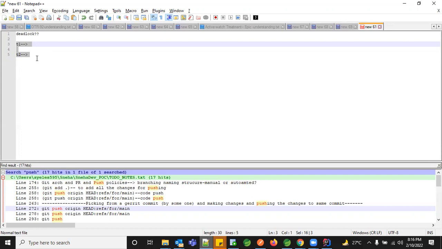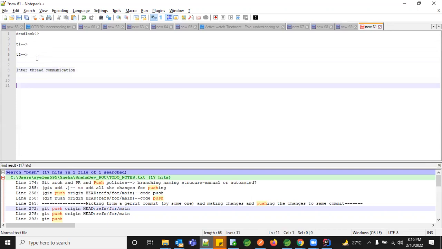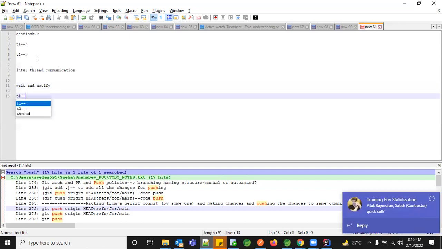Okay. So for that purpose, we have something called inter-thread communication, which we saw yesterday, the second type, the cooperation. So how can we do this? We use the same synchronized, mutually exclusive way, but apart from that, we use something called wait and notify. So what is this wait and notify? Suppose T1 thread is coming into the picture, it says I'm right now using your shared resource, like the DB named bank account. I'm using this table right now.